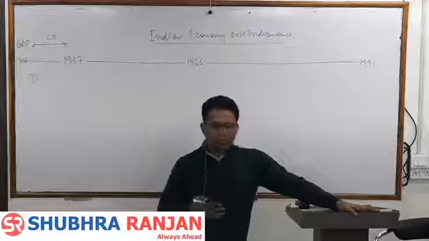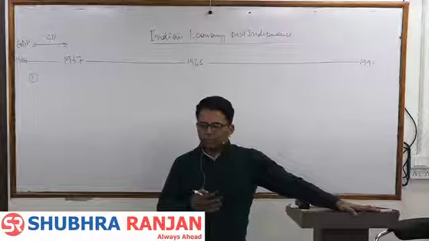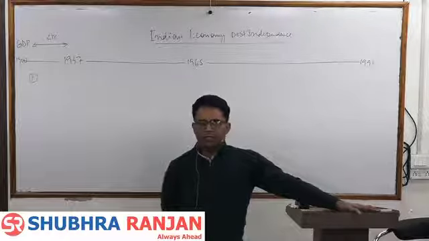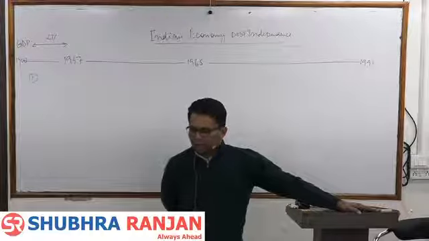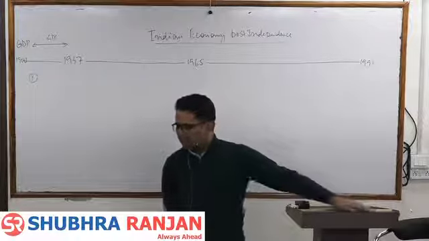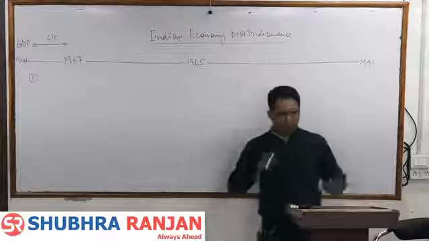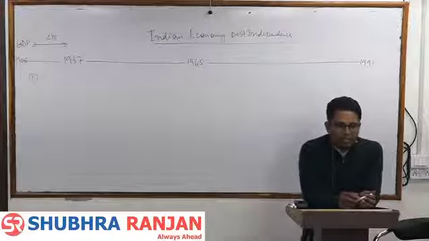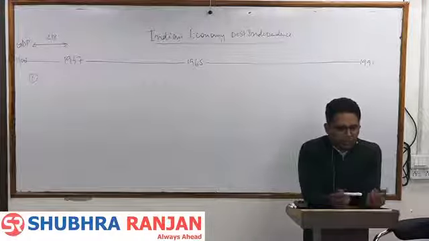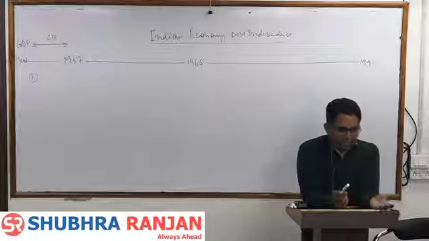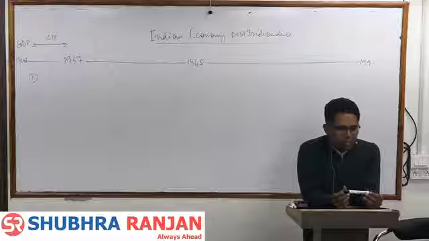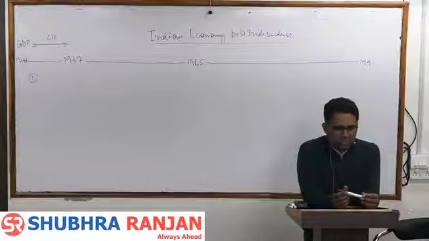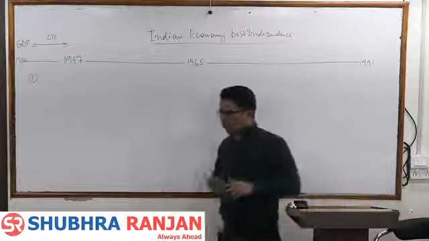That is why economic growth was almost stagnant, because you have understood that to increase your output, you must put capital into the economy. That increases the products. So that was the basic premise. Whatever was our savings or surplus was taken over by the Britishers, and either they sent it abroad or they spent it on maintaining the army or other wasteful expenditure. ठीक है? This was an important reason.